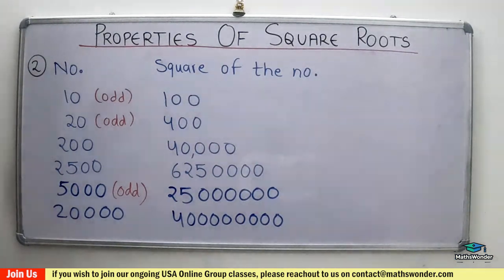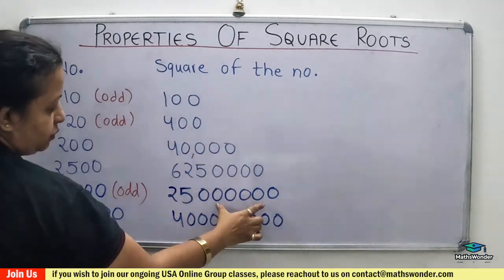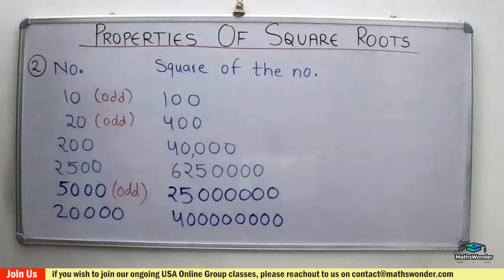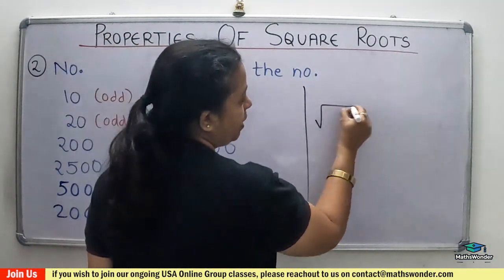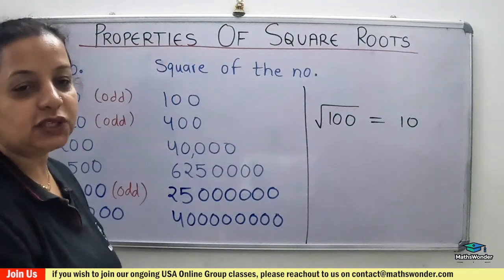So basically, this is the opposite concept. See, you can see it here. All are even numbers of zeros. So when you convert the even number of zeros, only an even number of zeros has a square root. Basically, the concept is, if the number of zeros is even, then only we have a square root.